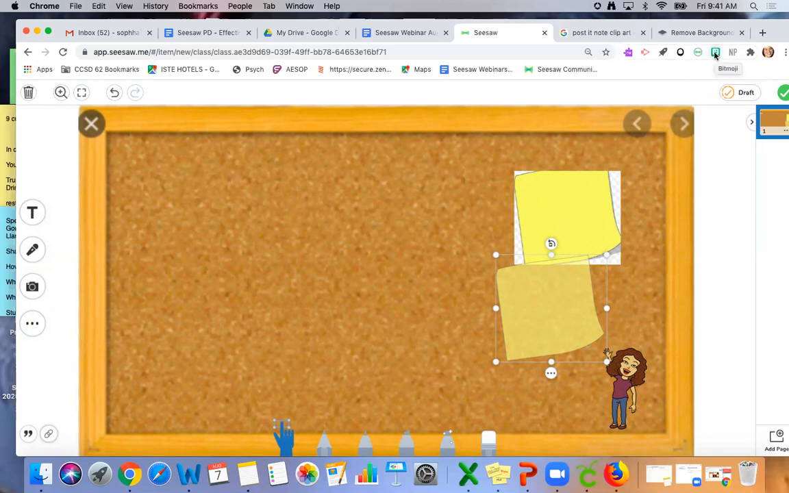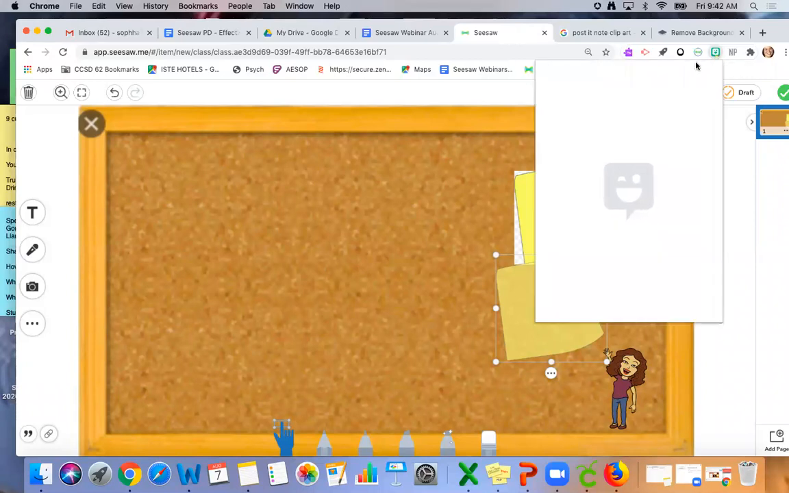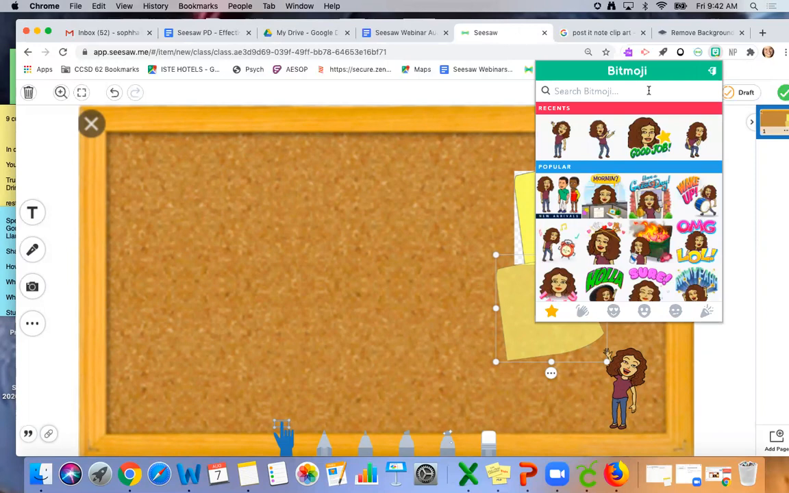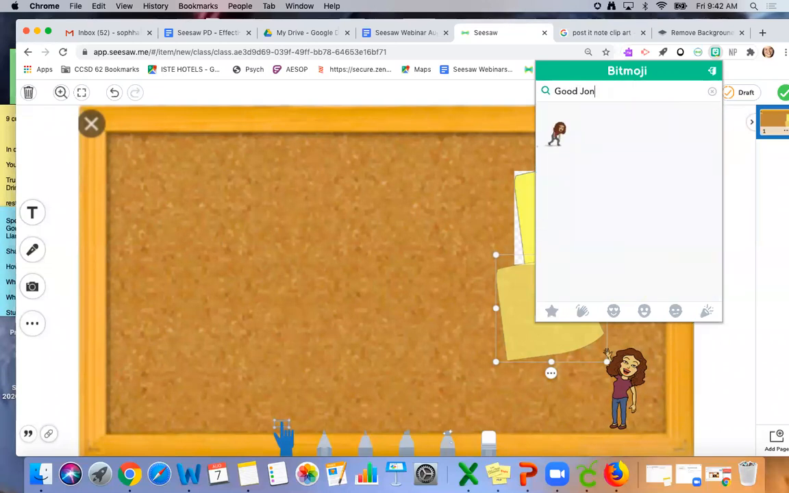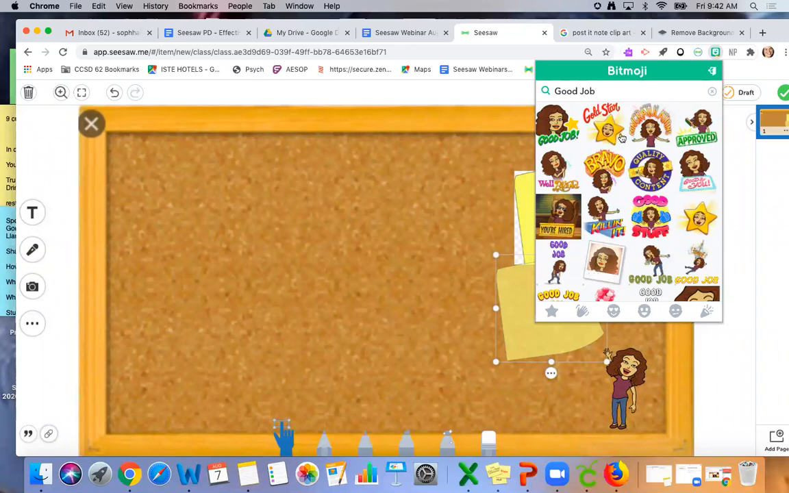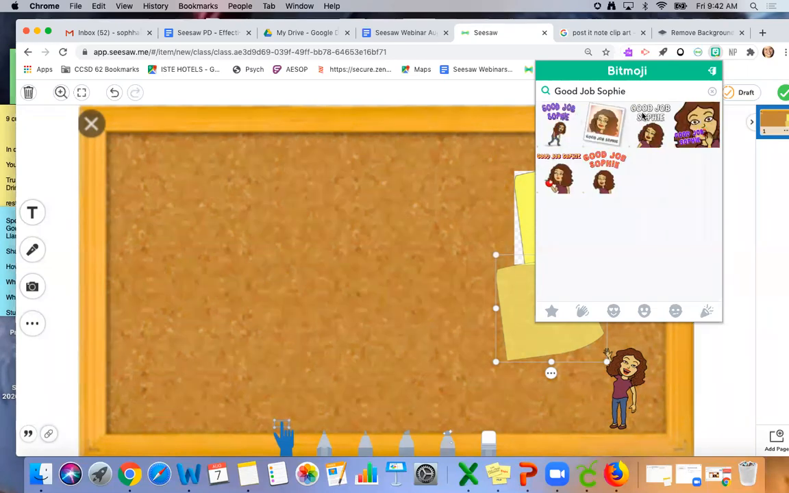And the best part about this Bitmoji extension is it only works on Chrome, but it's amazing. So if I wanted to put stickers on student work, I can customize a sticker to the student's name. So when I'm in Bitmoji, I can write good job, and you see these all start to come up. But if I wanted this to go to Sophie, if I kept typing, it adds my name into the Bitmoji saying. So now you have a customized sticker for each student by just typing it in, clicking on this,